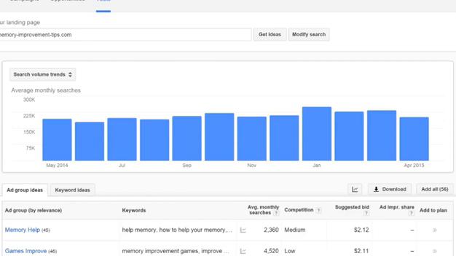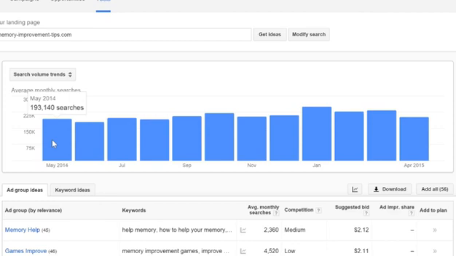generate this report. Okay, so what's cool about this is it's using the information that it gets from the landing page itself to tell us the kinds of ad groups and keywords that would be relevant to us. And what I think is the first thing that you should do is to take a look at this bar graph here. And the bar graph is going to show you a trend for 12 months on searches for this